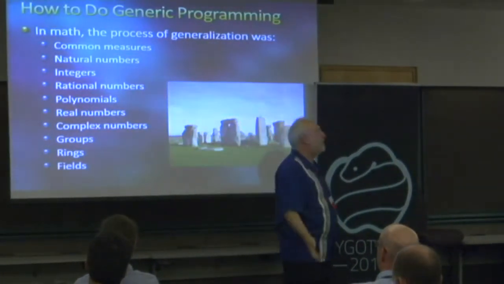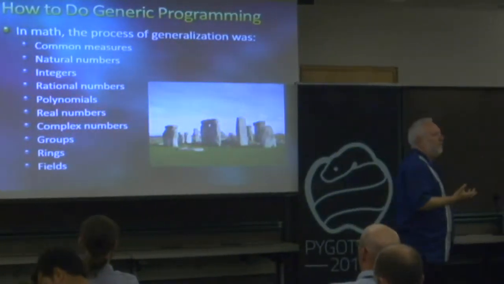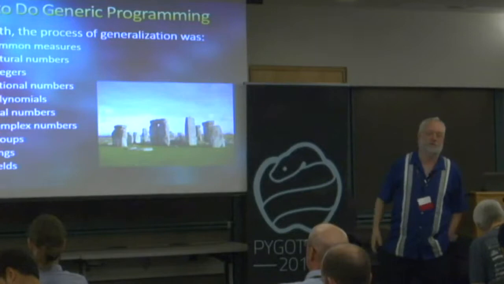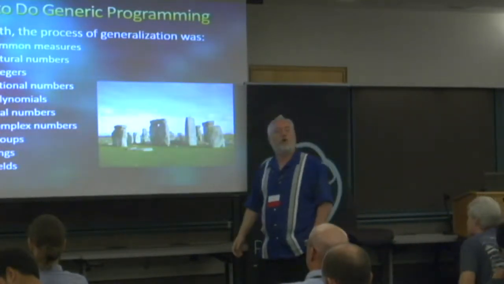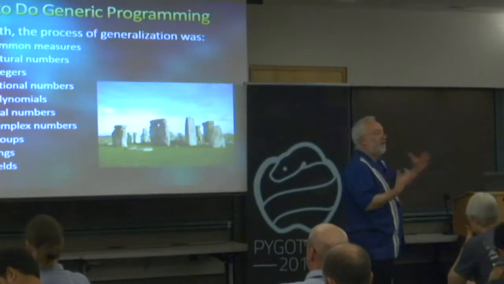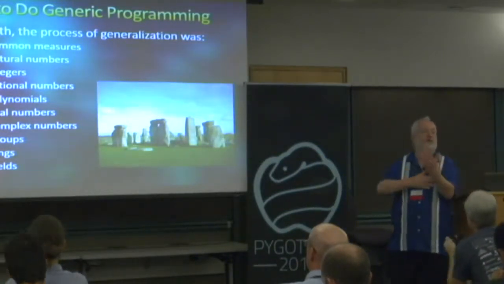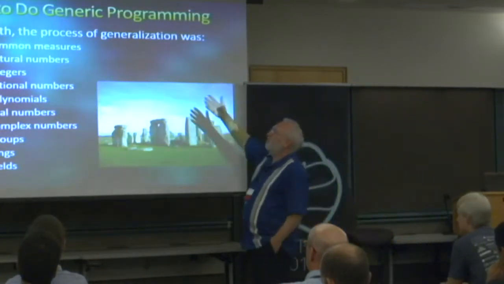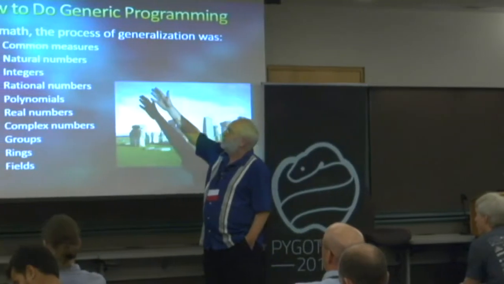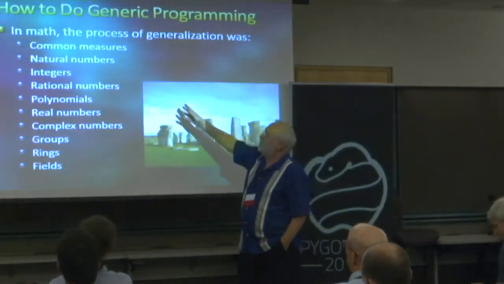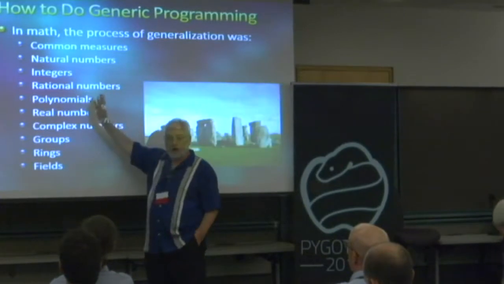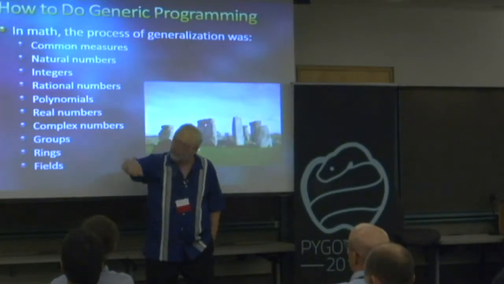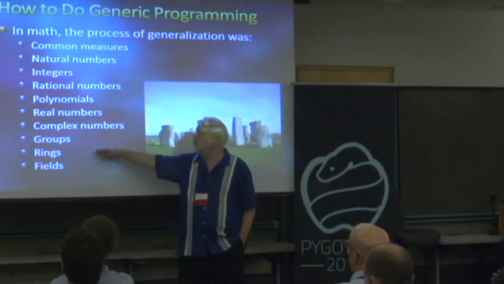And even up to the great Greek mathematicians, they're really still viewing these things as measures rather than an integer per se. If you look at Euclid, he's often talking about this measure compared to this measure, the square of this measure and the square of this measure will equal the square of this measure. So from that, you get the idea of natural numbers. We had zero, we get integers. Rational numbers were slower coming, polynomials, real numbers, complex numbers, groups, rings, fields.